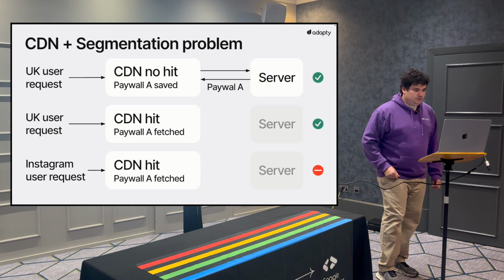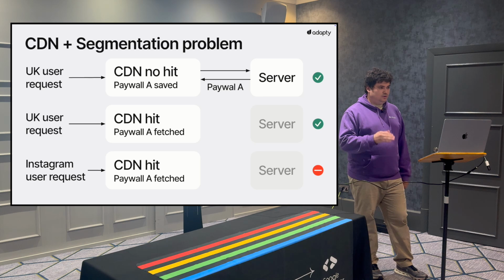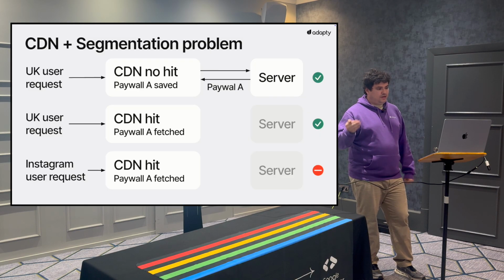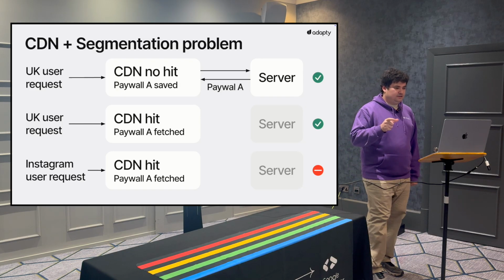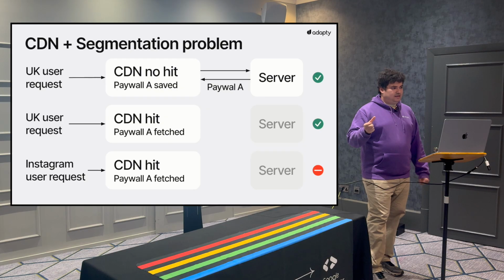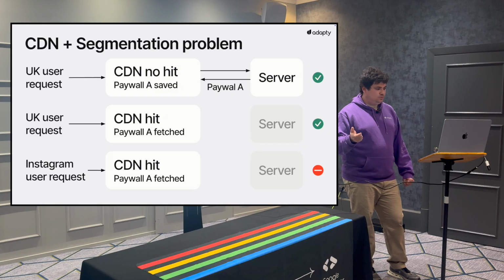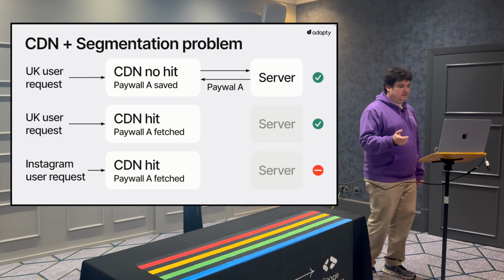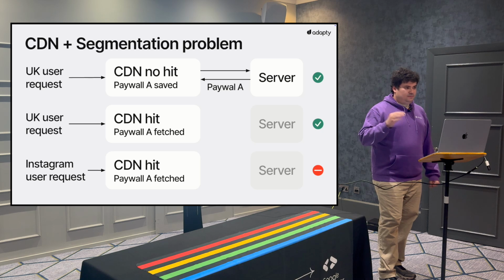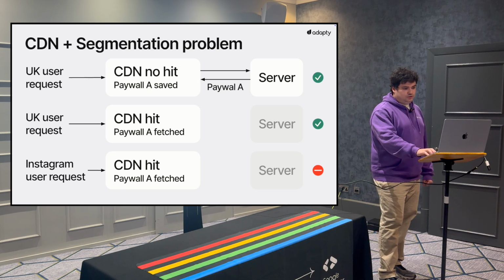So normally, when you use CDN, when you query a specific paywall, it would have the exact URL, and if the customer from the United Kingdom accessed the paywall from the specific URL, it will get cached on the CDN, and then the next time someone uses the same paywall URL, the same paywall will be returned. And if the customer is from the same audience, this is what we want. But if the customer is coming from another segment, they will get the same cached paywall, and it's a problem. So to solve it,